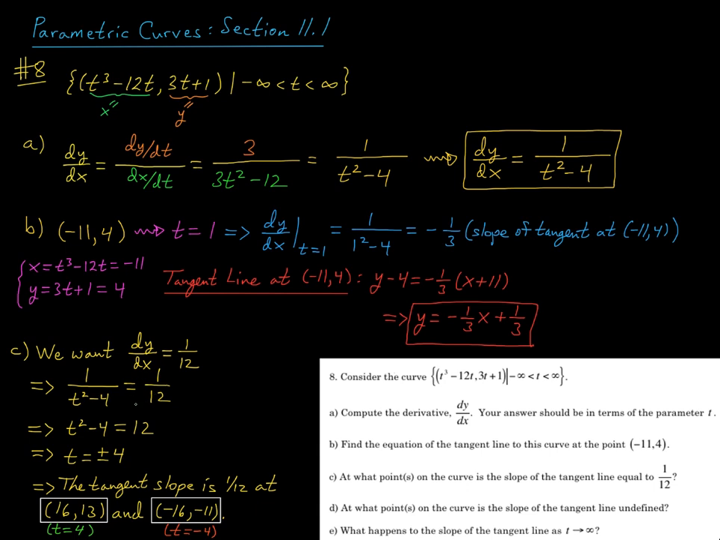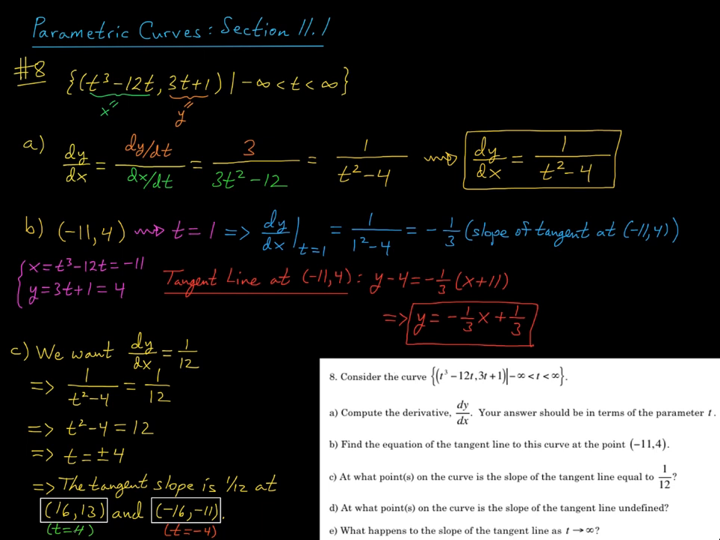And so taking reciprocals on both sides, we get that t squared minus 4 is equal to 12. And adding 4 and taking square roots gives us that t is equal to plus or minus 4. Now to find our locations at these two values of t, just plug those values of t into these equations